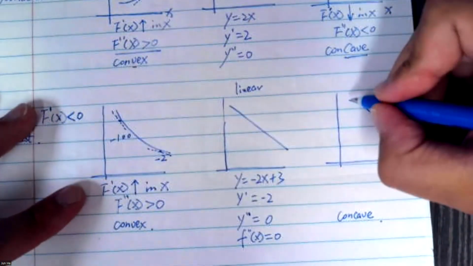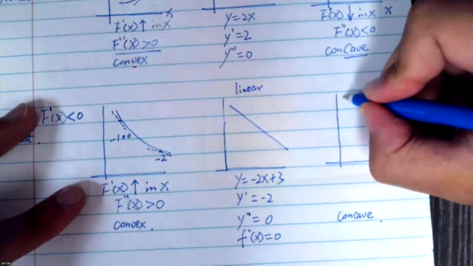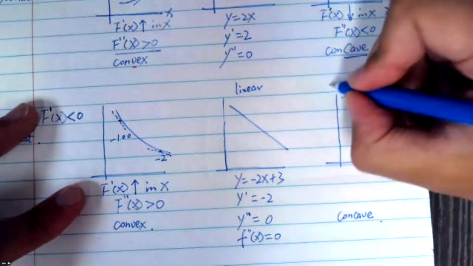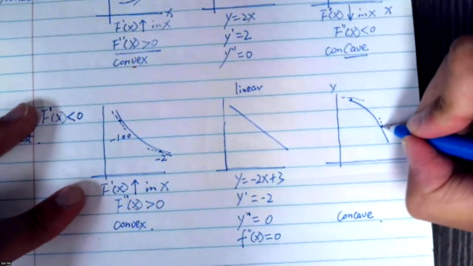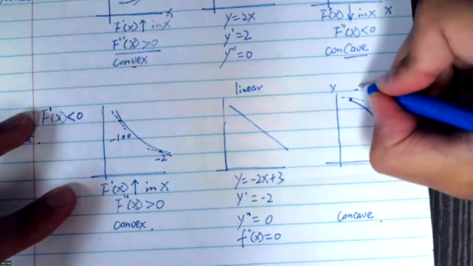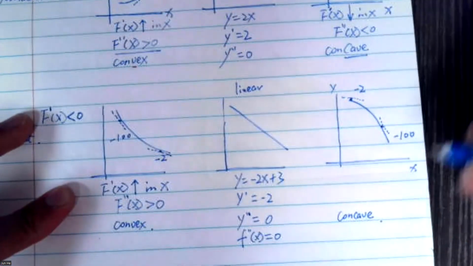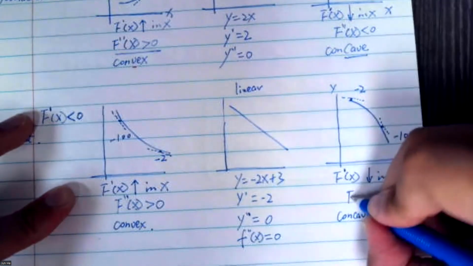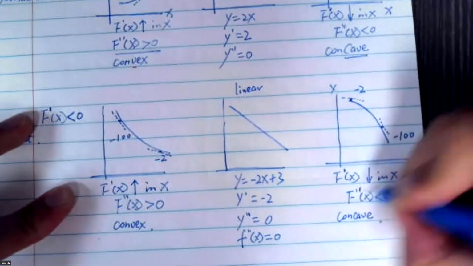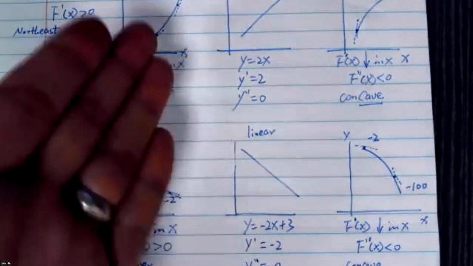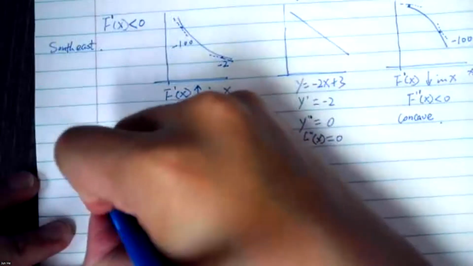So what is that? Well, originally it was just starting to drop. And then as x increases, we are dropping more significantly. So say previously it was minus 2 and now it's minus 100. Again, f prime x is decreasing in x. That tells you f double prime x is smaller than 0. Right? So here we have all the possibilities, but for the last one, which is f prime x itself